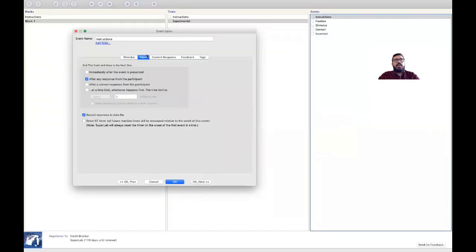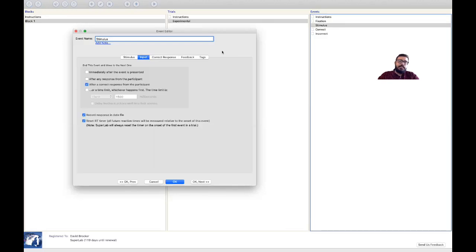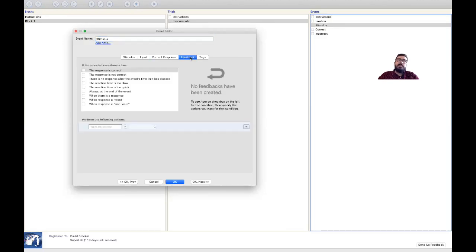So again, I'm going to go into input. I'm going to make sure we don't record this response because there's no response to record except for the advancement, but that doesn't do anything for us, so there's no point in having it. So now in the stimulus, we're going to go to feedback. And we're going to say if the response is correct,